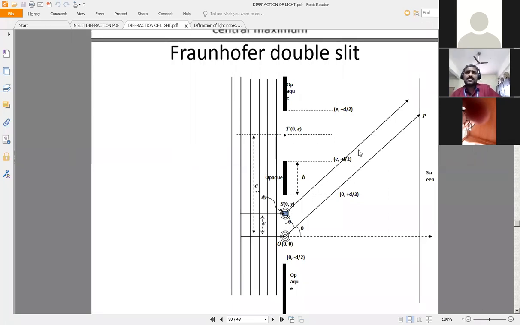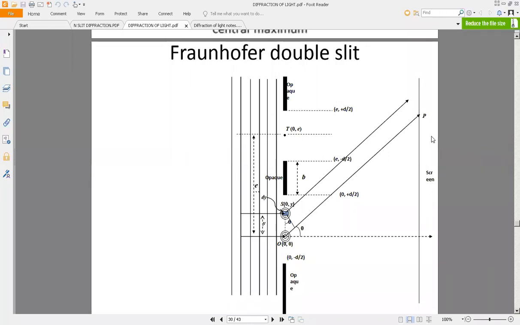Right? As somebody may point out, as in the previous class, whether the rays are parallel or converging, why don't you draw a lens, etc. You may ask. You can imagine a convex lens here. I have not drawn it intentionally. So we are going to consider the same thing, a point S at a distance of y units from the origin. I am choosing this first slit center as origin. There is a distant screen shown over here, right? So this distant screen has a point P from where you can observe what is happening on the screen.